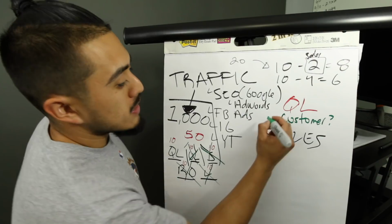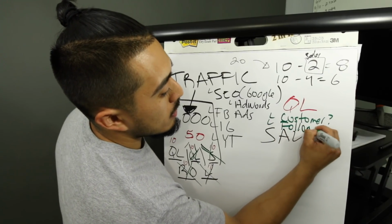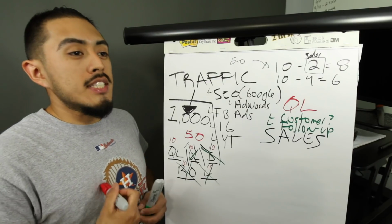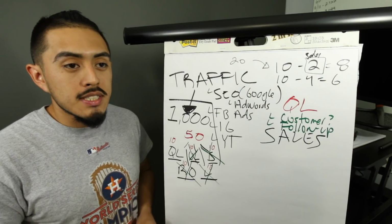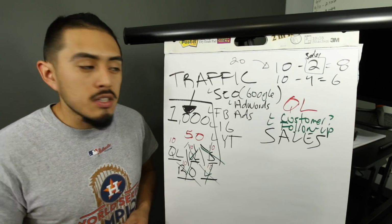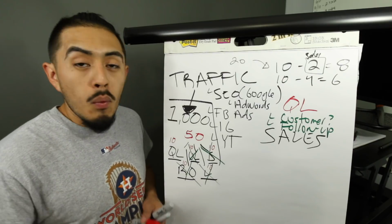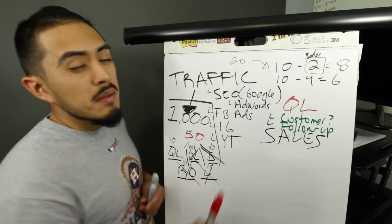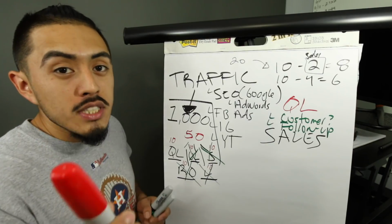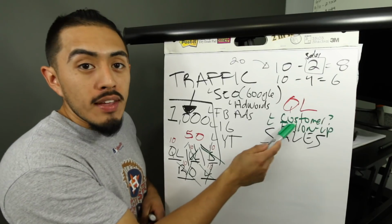So the next possible step could probably be they have to be in follow-up mode. In follow-up mode, that means okay, look, they reached out to me, they're okay with the price, but the time's not right for them. Their vehicle's in the shop for the next 2 weeks, so now they want your service, they're okay with the price, they like what you do, they want you to be their detailer, but they say, hey, look, my car's not going to be out until another 2 weeks, so can we schedule then? So now it's your job, not their job, it is your job to make sure you follow up within 2